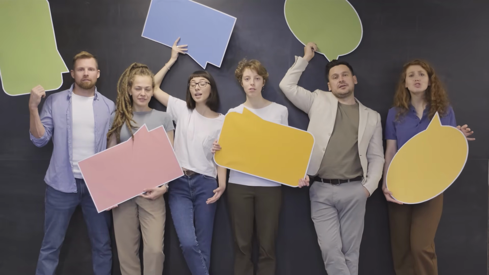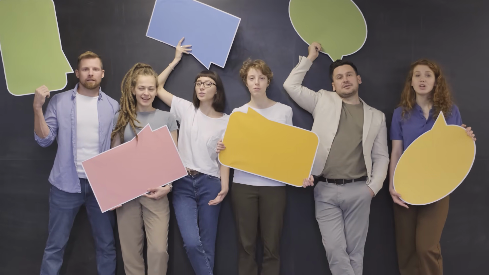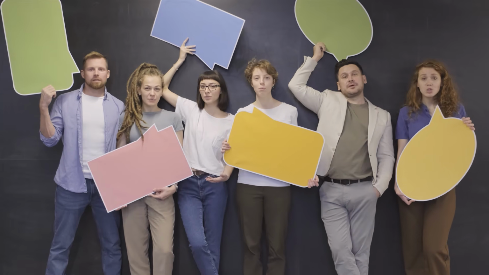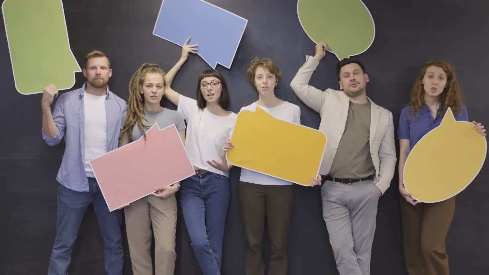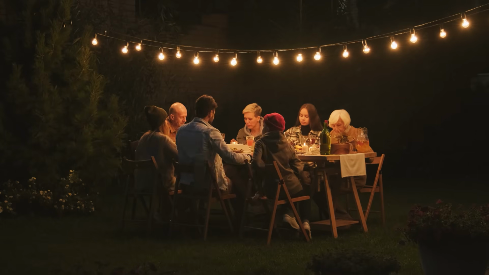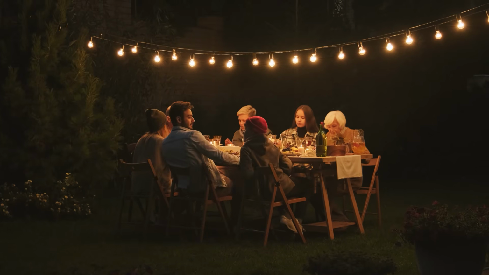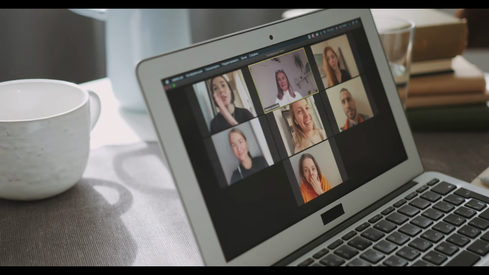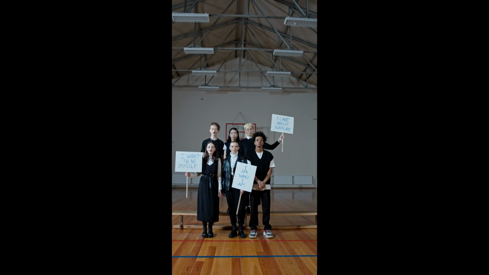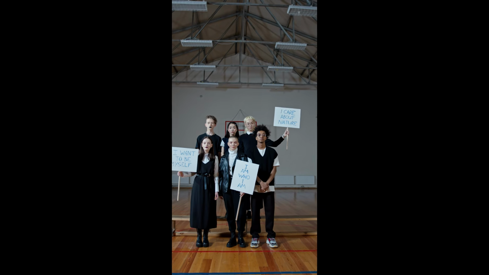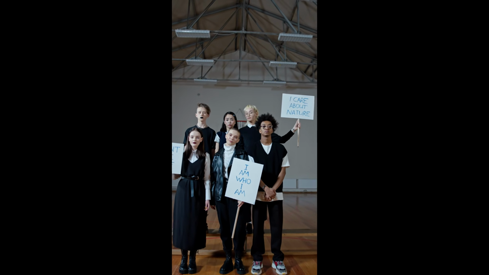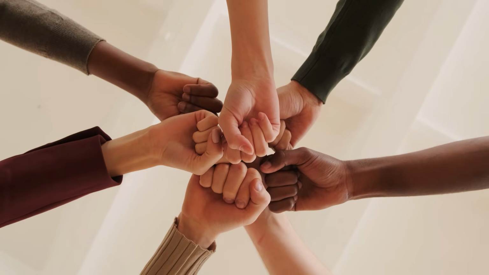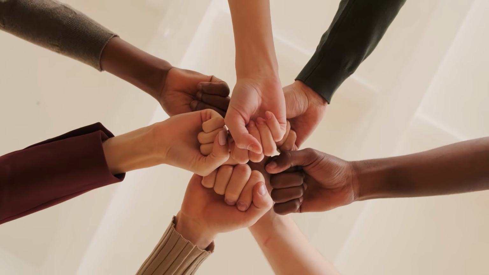This brings us to the concept of code switching. Have you ever noticed that you change the way you speak depending on who you're talking to? This is called code switching. It's the practice of shifting between different languages and dialects, or even speech styles depending on the social context. Code switching is often a way to navigate different social identities. It can reflect a desire to fit in with a certain group, or to show solidarity with others.